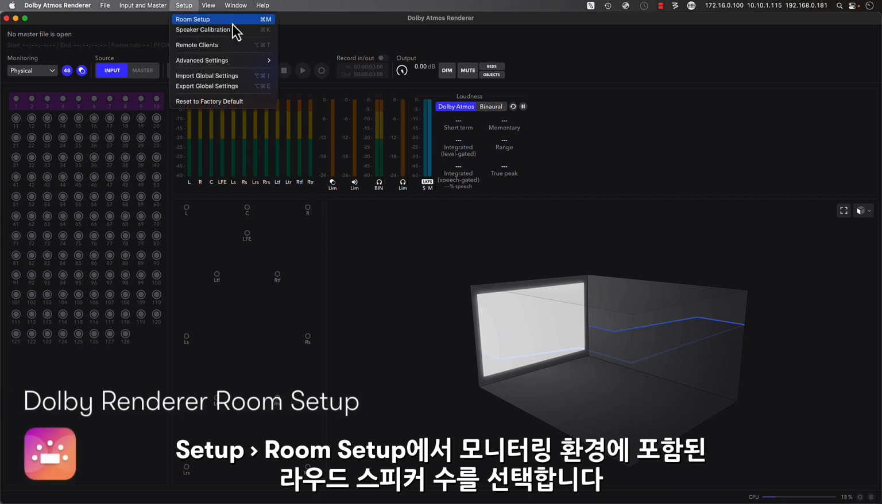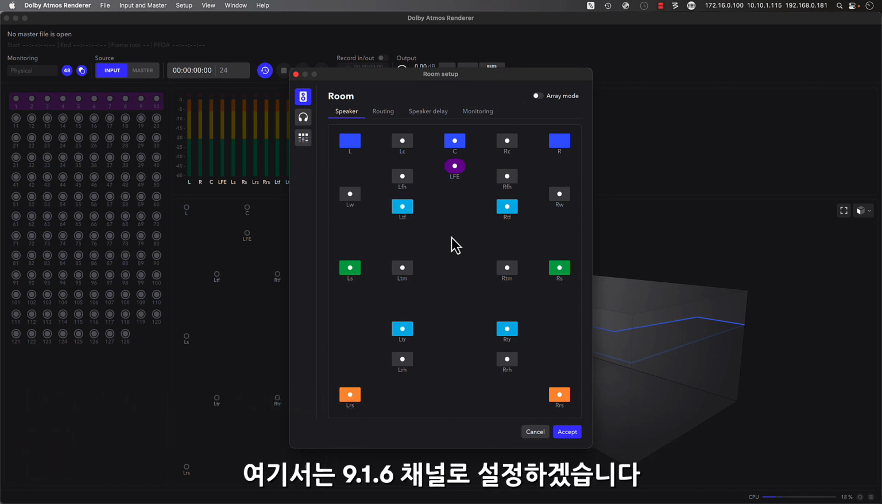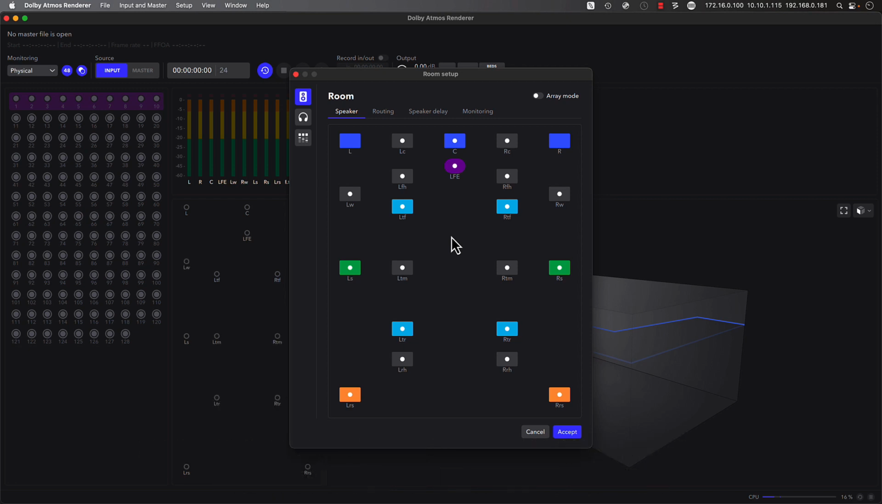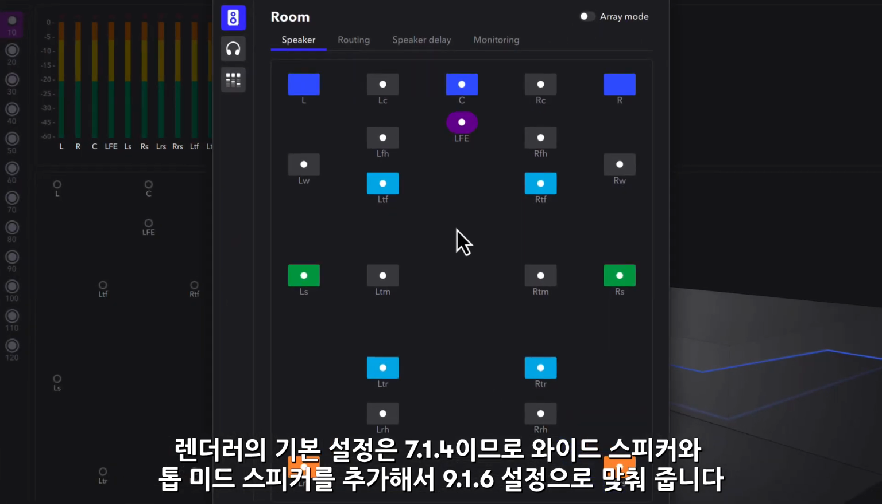From the Setup menu, access the Room Setup, where we can tell the renderer how many loudspeakers we have within our Dolby Atmos monitoring environment. For this example, we're going to set up a 9.1.6 configuration. The renderer also provides the flexibility to create monitor layouts from 5.1.4, 7.1.2, 7.1.4, etc. We can even switch on the fly to see what our mix will sound like with different speaker setups. Since the renderer defaults to 7.1.4, we simply need to add the wide speakers, plus the top mid speakers to